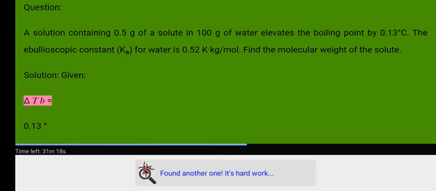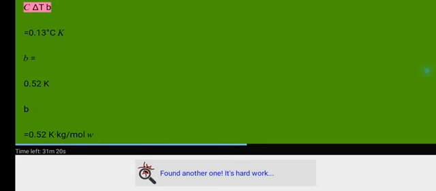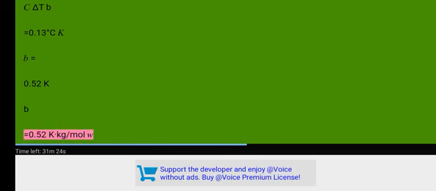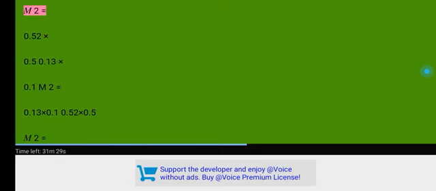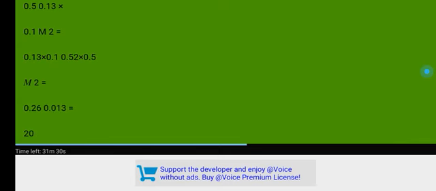Solution. Given: delta Tb equals 0.13 degrees Celsius, Kb equals 0.52 K kg per mole, W2 equals 0.5 grams, W1 equals 100 grams equals 0.1 kilograms. Using the formula, M2 equals Kb times W2 divided by delta Tb times W1, so M2 equals 0.52 times